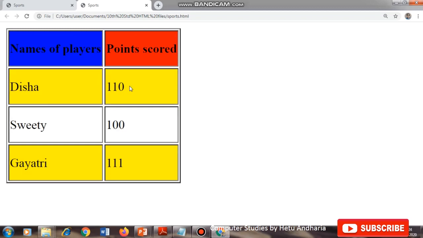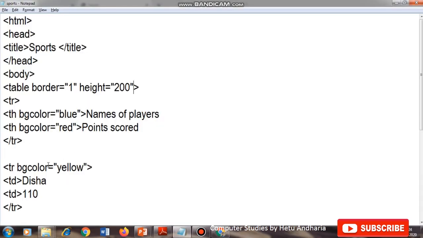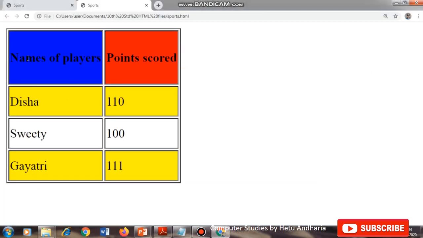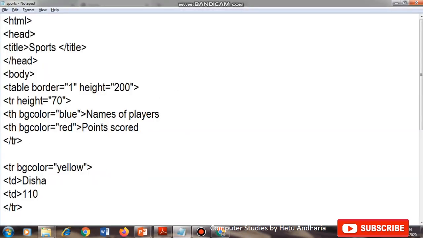So the height has increased. If you want to increase the height of a specific row, then you have to type it there. For example, I type height is equal to 70. Then the height of that specific row will increase, right? I don't want to increase the height of any specific row just now. Okay.